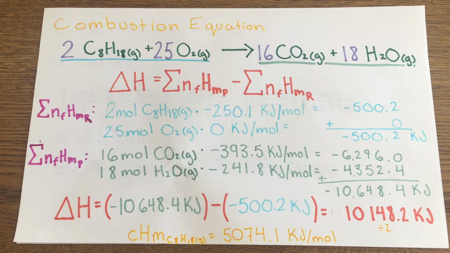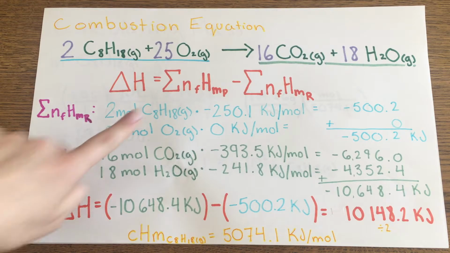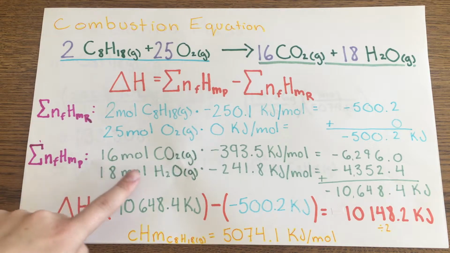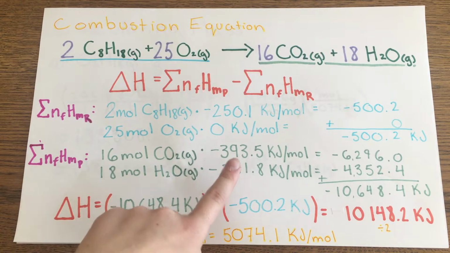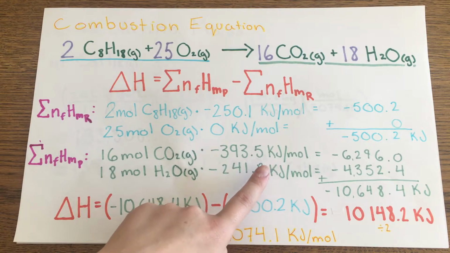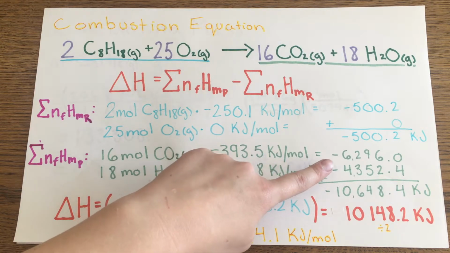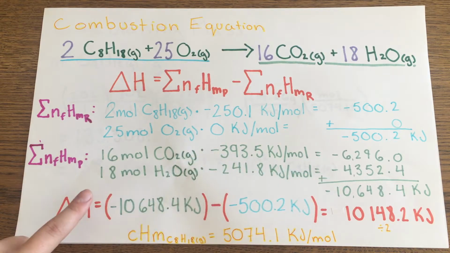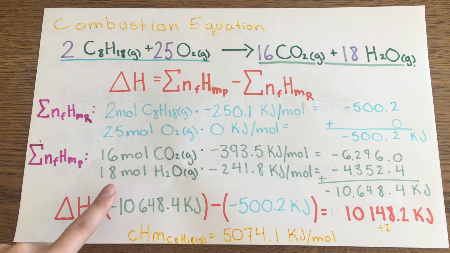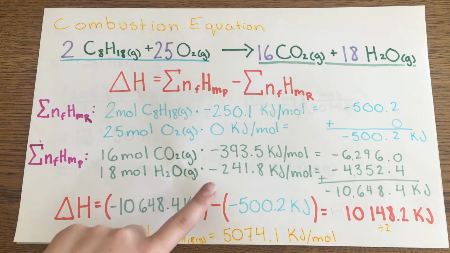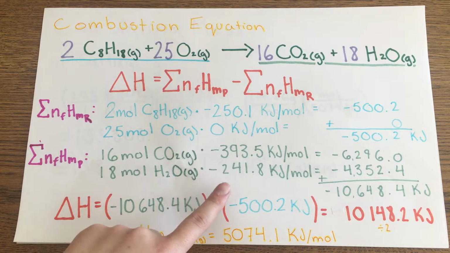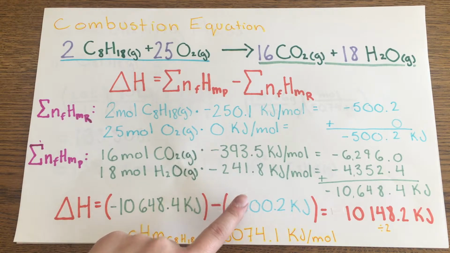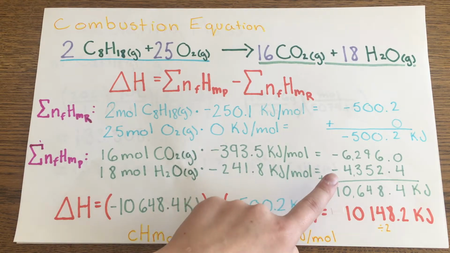We'll now do the same with the products and take 16 moles of carbon dioxide gas and multiply it by negative 393.5 kilojoules per mole to obtain negative 6,296.0 kilojoules, and take 18 moles of water vapor and multiply it by its enthalpy of formation, which is negative 241.8 kilojoules per mole, to obtain negative